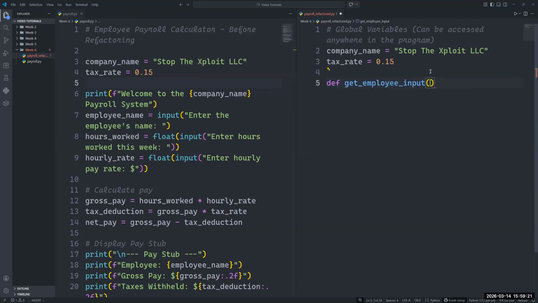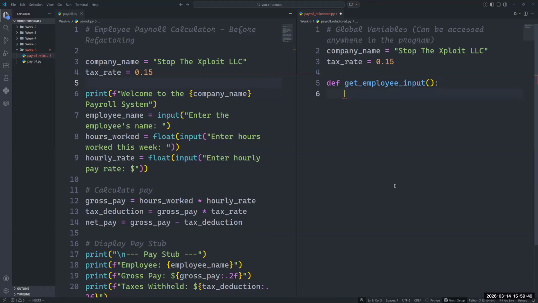All right, and then we open a set of parentheses, and in a function, if we have parameters that we want to pass into the function, basically variables or values that we want the function to work with or have access to, we would put them inside of these parentheses. But for this user input one, it will not have any parameters. So I'll leave that blank, and I'll put a colon, and then I'll press enter, and you can see all the logic for the function will be indented after the colon,